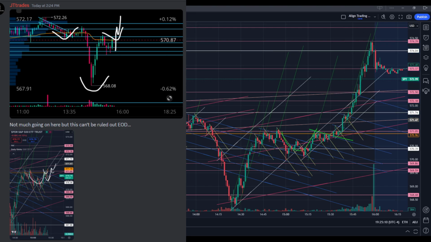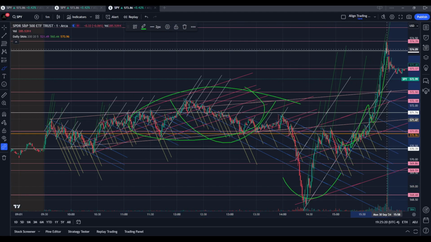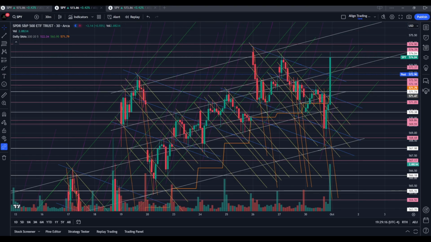You also see how on the 5-minute chart I explained, you have to be paying attention to all of this liquidity that we have right here. And if we do want to grab this, we absolutely can. And it ended up going all the way up here and now completing this cup right here, which we can see. Now going over what to be watching into tomorrow.